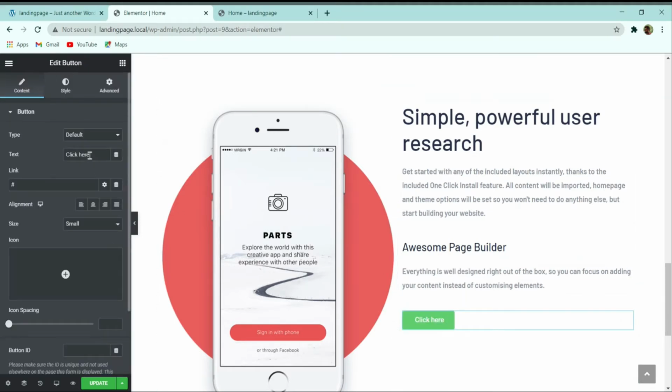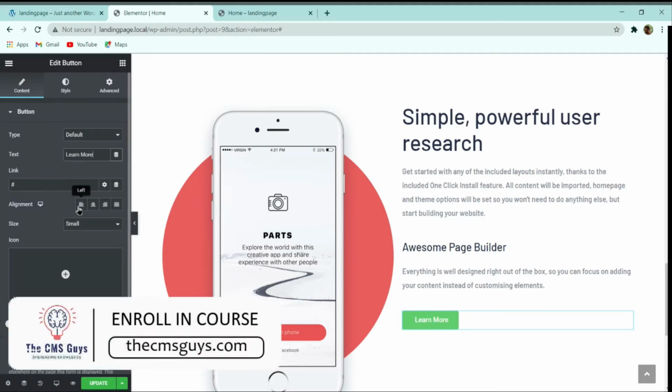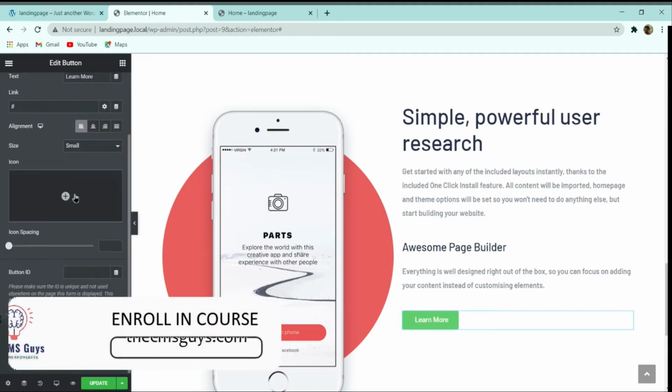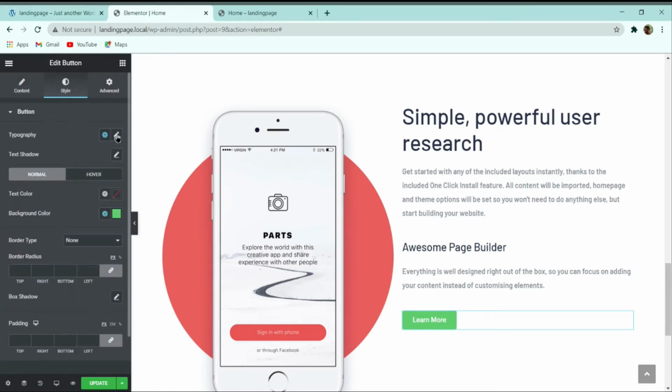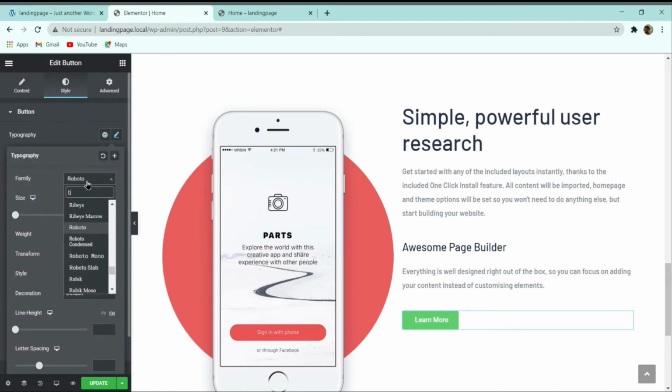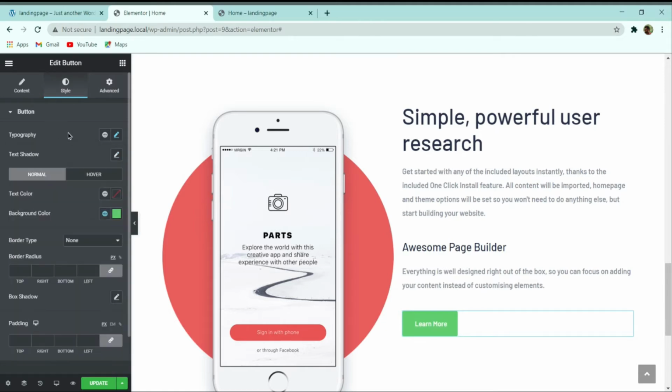After that, in the text, simply type learn more, and then make the alignment left. We don't need to add any icon over here. Then go to the style, change the typography to the Barlow font family, and the font size to 15 pixel, weight again 600, and line height 30 pixel.